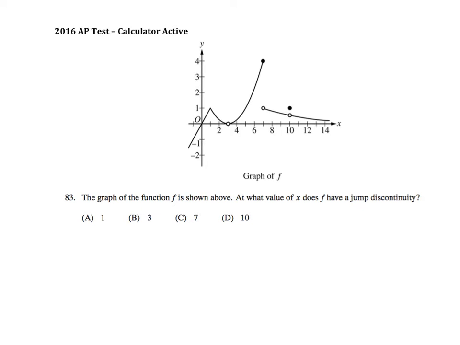At 3, we have a point discontinuity or removable discontinuity. We have the same thing at 10, but when x is 7, that's where we have a jump discontinuity. They also put 1 as an option because my function is not differentiable at 1 because of the cusp or corner. It's also not differentiable at 3, 7, or 10,